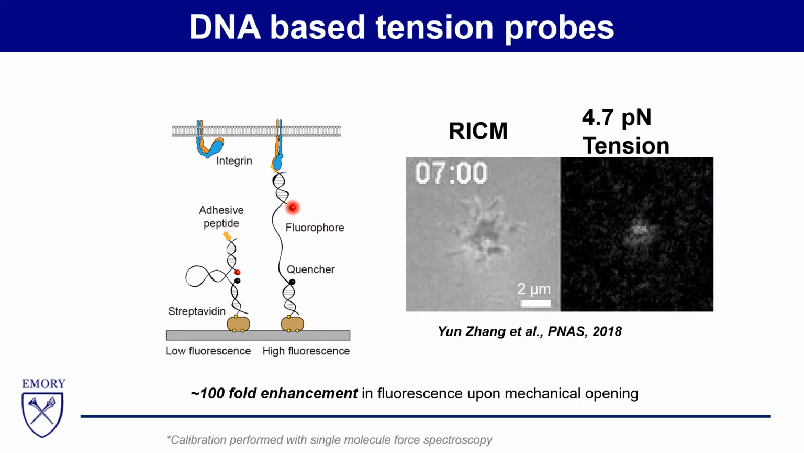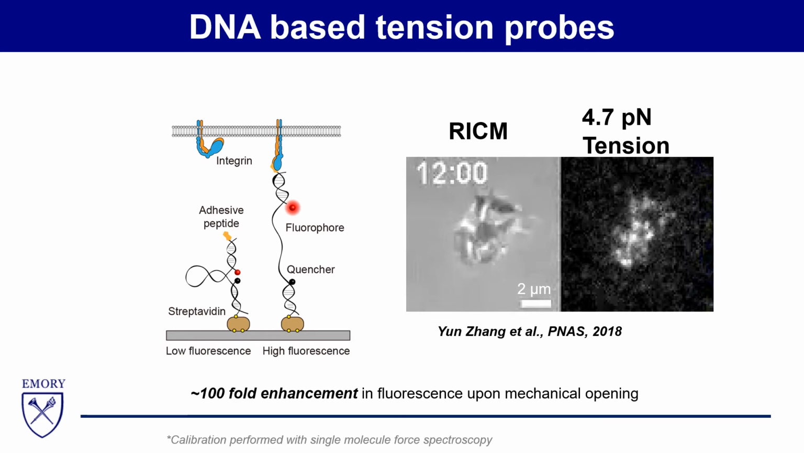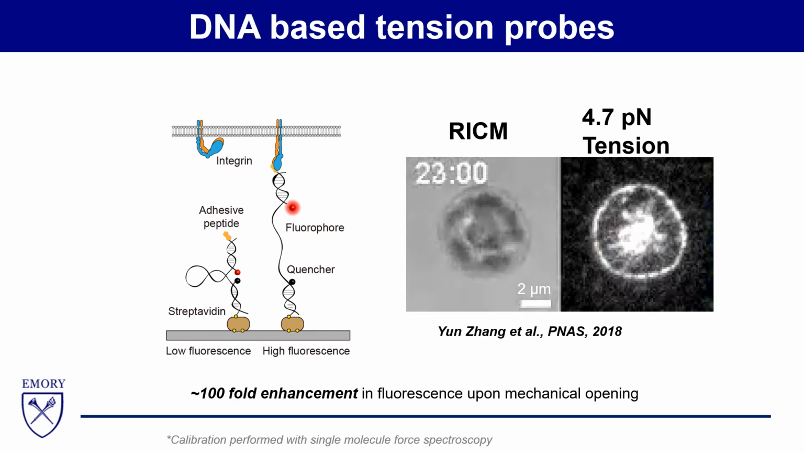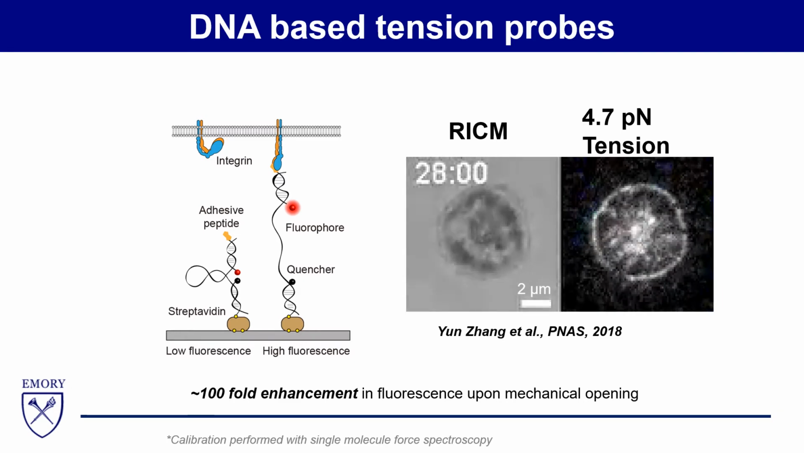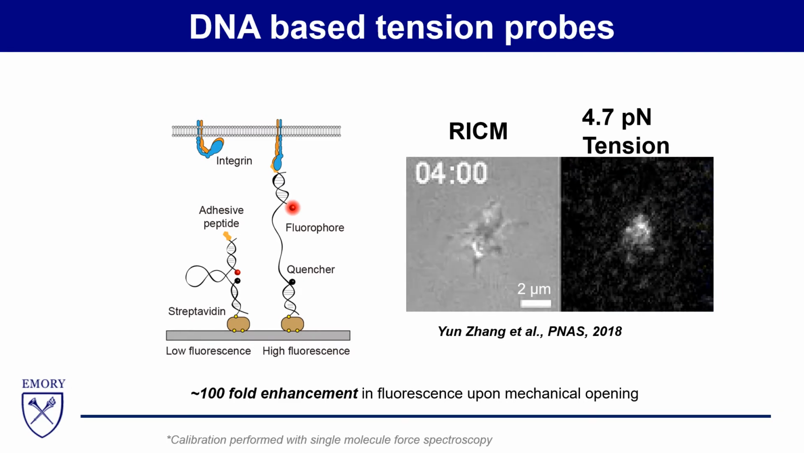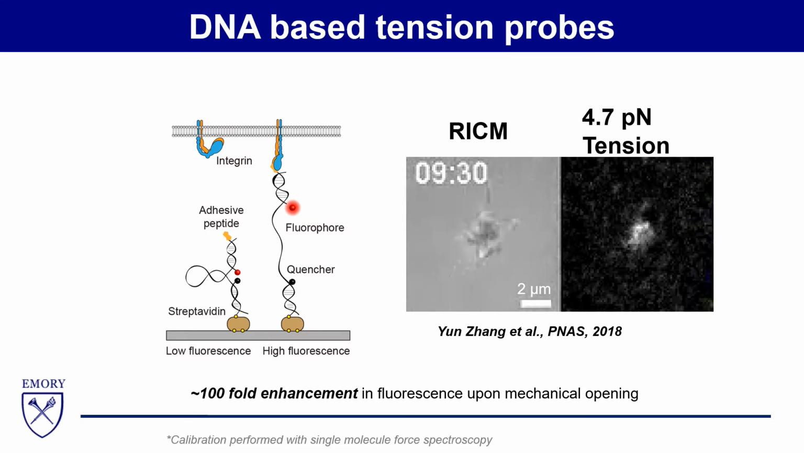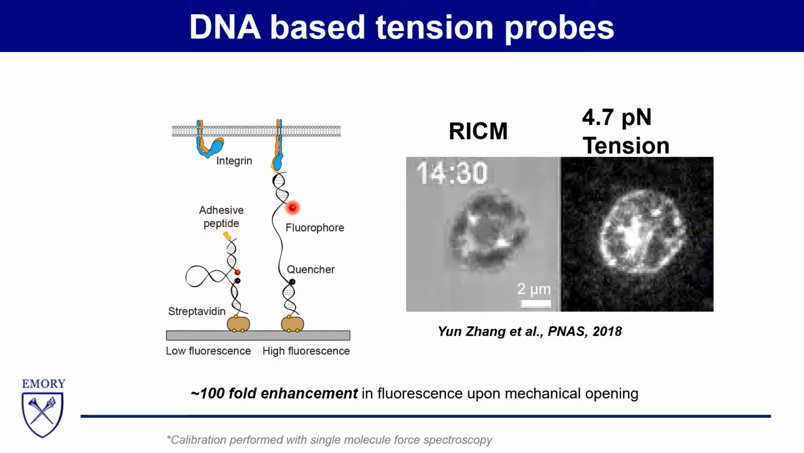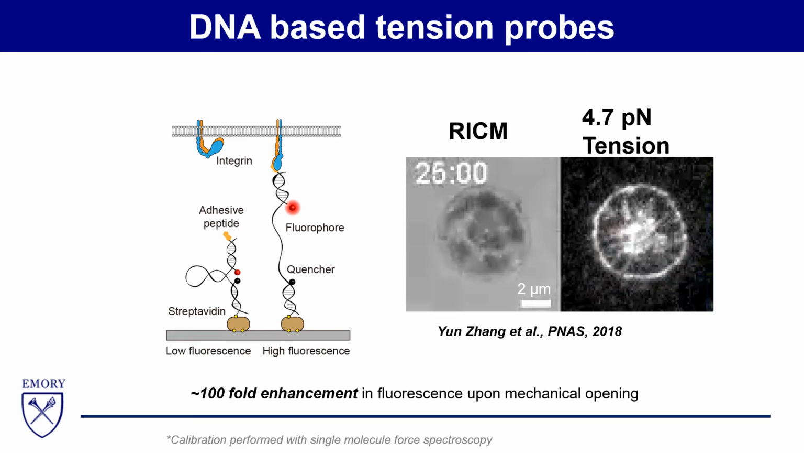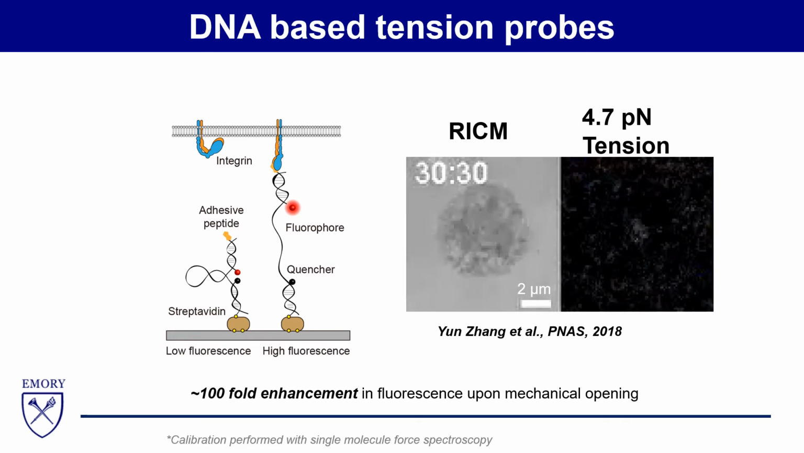This is a video of a platelet spreading on a DNA hairpin functionalized glass cover slip. RICM allows us to see where the platelet is interacting with the cover slip, and our fluorescence image shows a map of integrin tension. Bright signal indicates a region where a large number of tension probes are opened by this cell. We can see that after a few minutes, the platelet has begun to spread on the surface and open